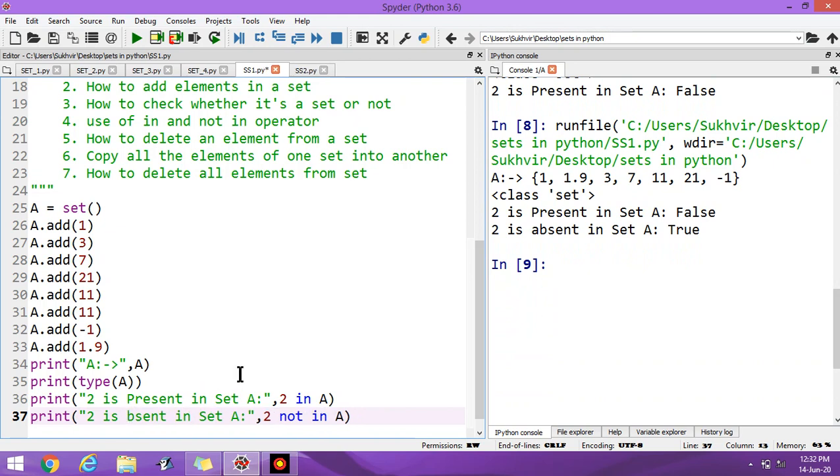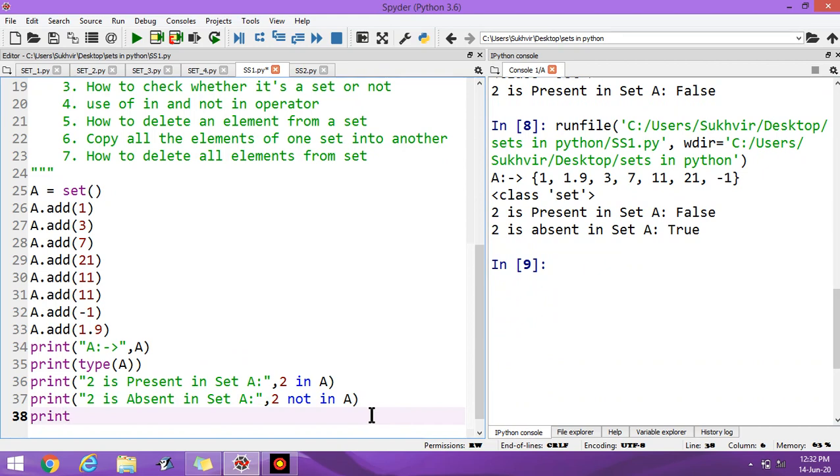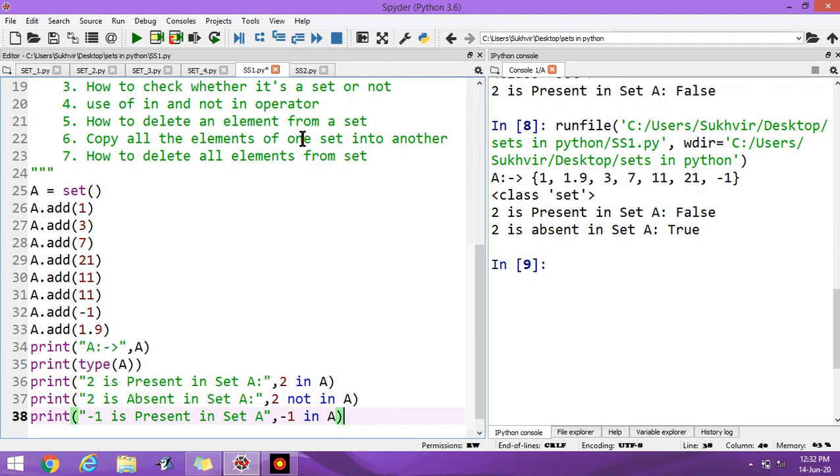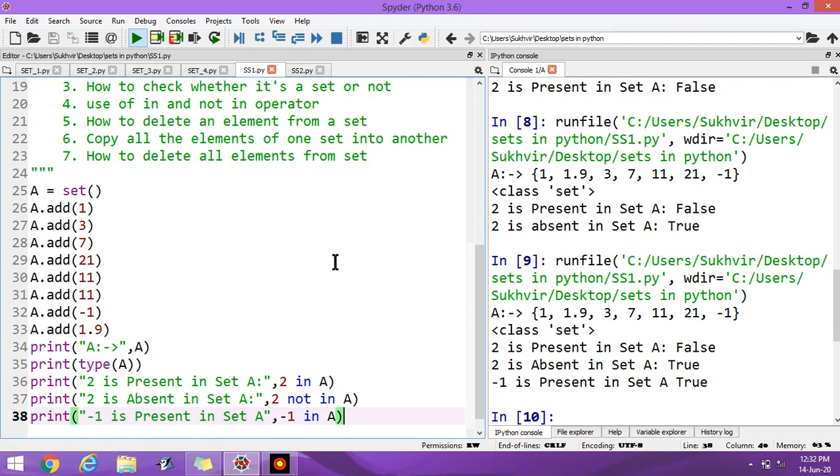Similarly, you can check for other elements. Let us try print. Suppose I write -1 is present in set A, then -1 in A. Let us execute the program. -1 is present in set A, it's true.